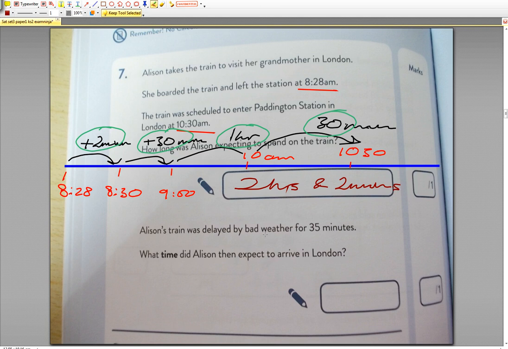Alison's train was delayed by bad weather for 35 minutes. So what time should she get there? It should be there at 10:30, shouldn't it? Yeah. So we've got 10:30, and then we're going to add to that 35 minutes. Okay, so 10:30 plus 35 minutes will give you